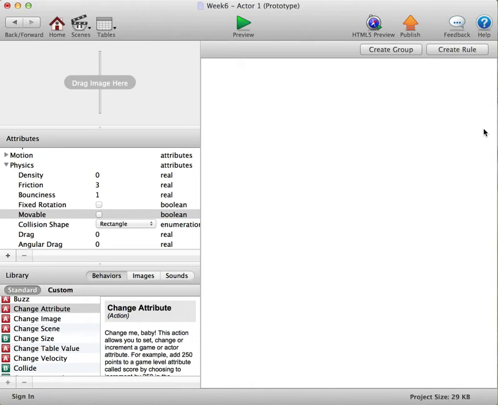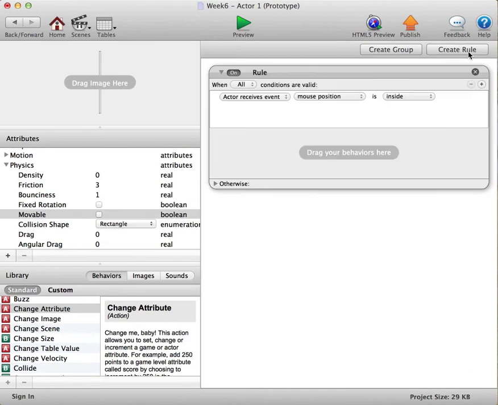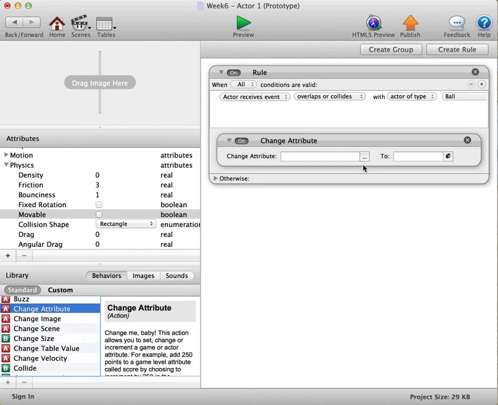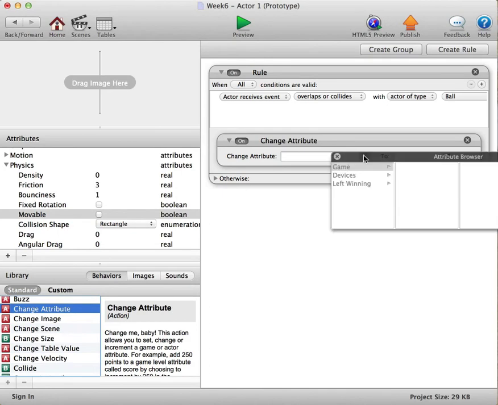It's in annotation format, but I'm going to explain it to you now, so please don't worry. If you just select create rule, the rule we want to add is: when actor receives event, it says overlaps or collides with actor of type, and we want the ball, so with actor of type ball. We want to now add a change attribute to our behaviors. So just drag and drop a change attribute from our behavior library, and we want this to be for the game